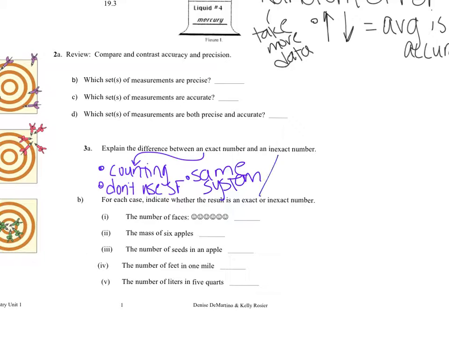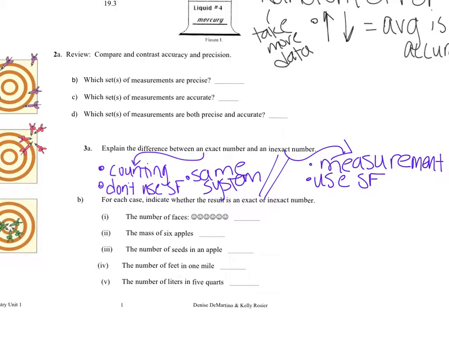converting between those. Okay, your inexact number, on the other hand, is going to be more of a measurement, so you'll have decimals in it usually. Okay, it's showing you how precise your device is. Okay. You do use the sig fig rules, okay? Because like I said, it tells you how precise your devices are, right? And you use it for different systems, so conversions between different systems, okay? All right,